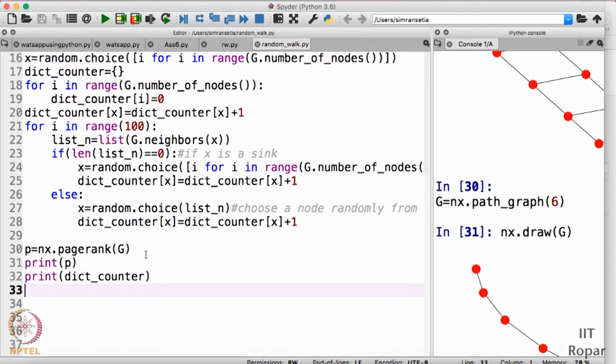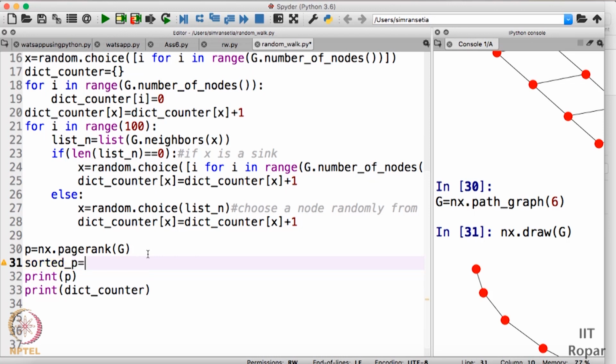I'll sort these dictionaries, the dictionary P as well as the dictionary dict counter. How can you sort the dictionaries based on the values? Well, it is very much doable in Python. So I'll take two dictionaries here.